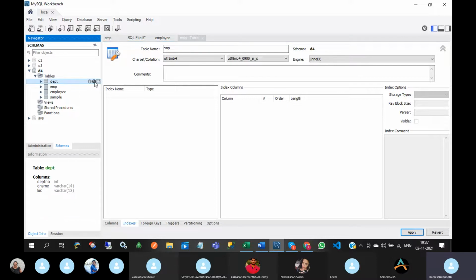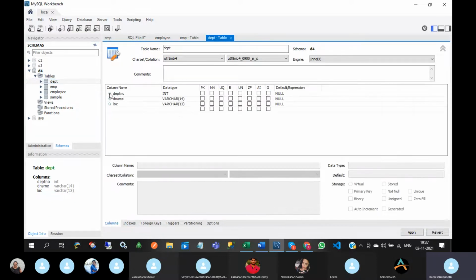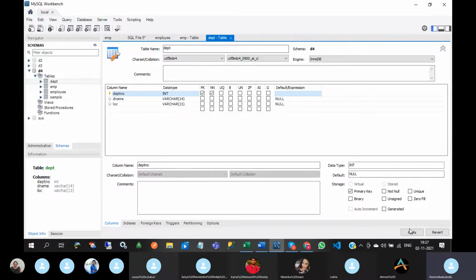Go to the parent table first, the DEPT table, and make it the primary key.